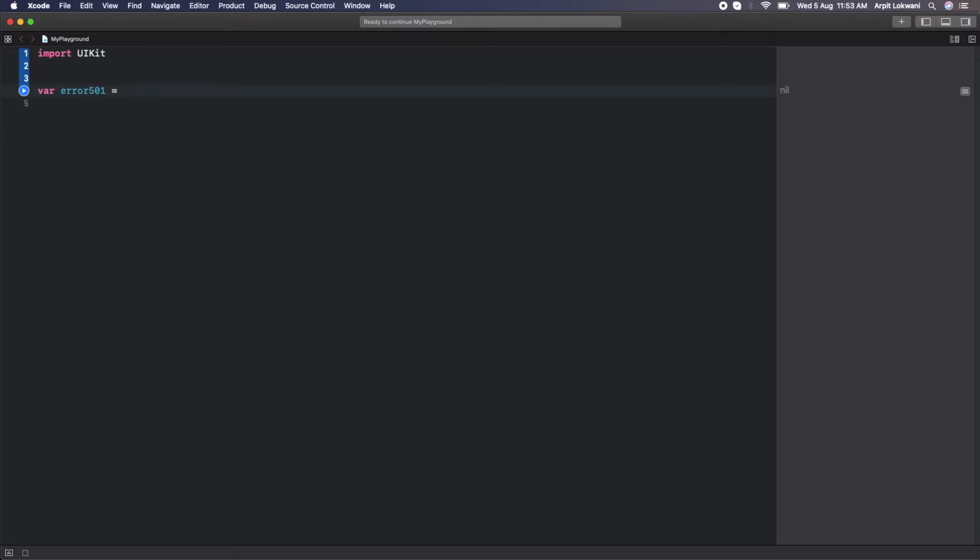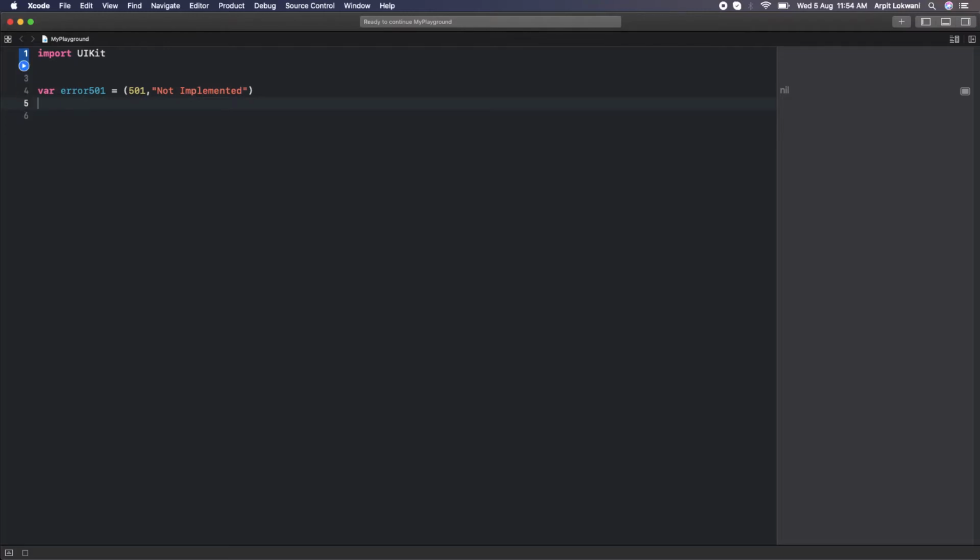We all know about APIs, and these kinds of errors we get. So suppose I want to return 501, and the string for this is always "not implemented". Now I declared one variable having two values, that is an Int, which is a number like 501, and the type of error, which is a String.